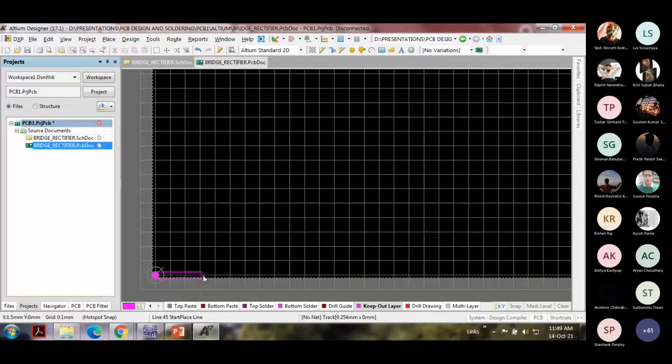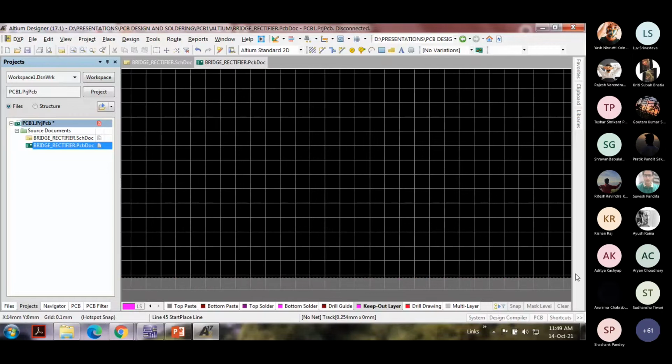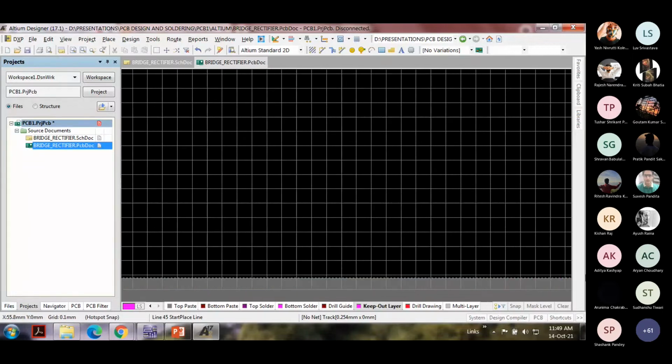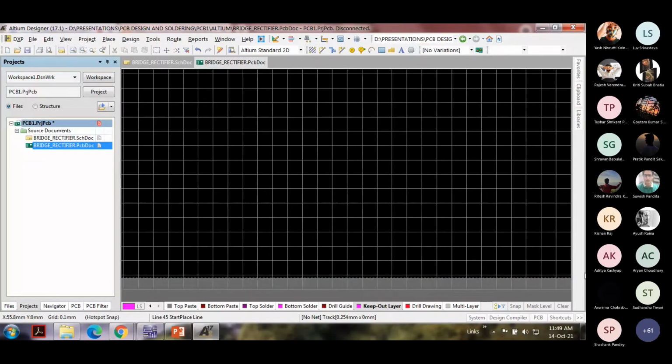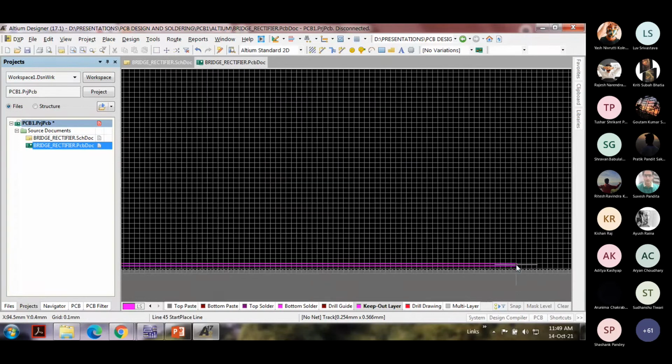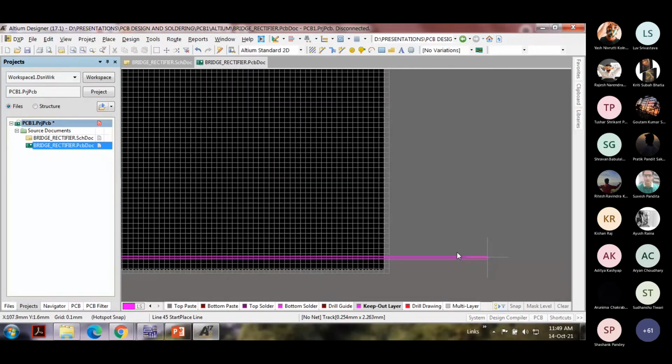And then you start taking the cursor to the other vertex of your board. We are going to make the board exactly 100 x 100 mm.